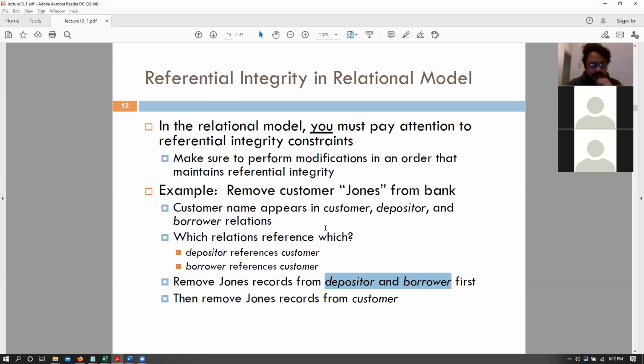Cascade. Guys, is Cameron correct? Cascading, right? So if we do not have that cascade constraint on our table definition, we need to first remove them from depositor and borrower, and then from customer. And also remember that on delete cascade has some variations, right? Do we completely remove the entry, or do we add null values there for the account IDs? So there are different versions of those things as well, right? But in general, yes, on delete cascade.